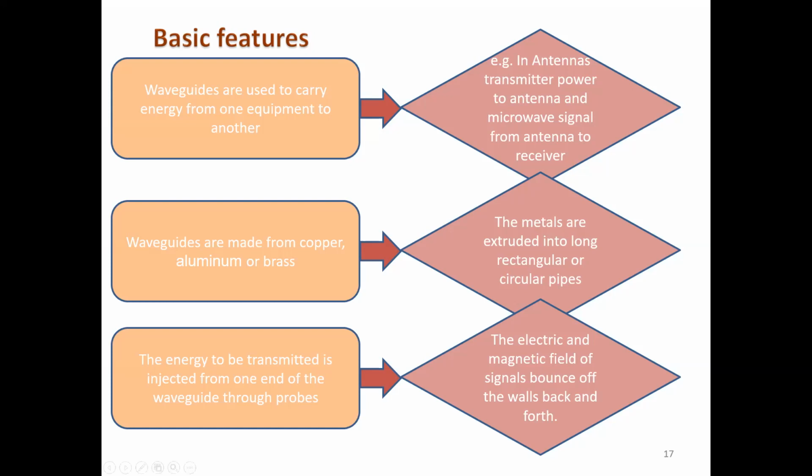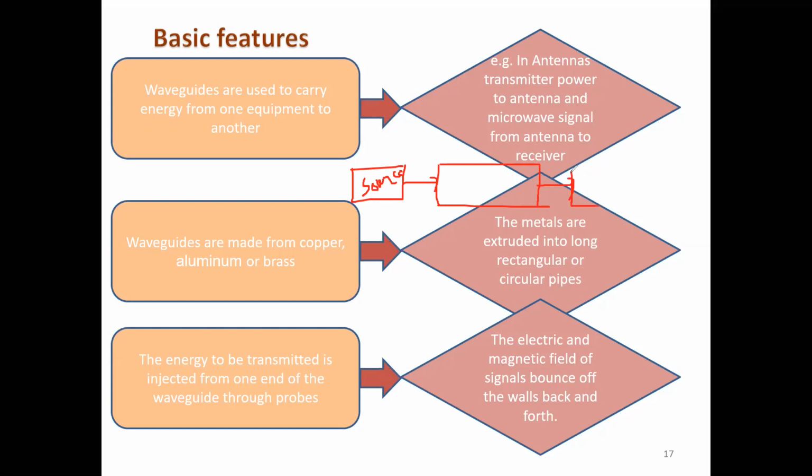Or let me show you one thing, since animation is possible. Say transmitter power to antenna. Okay, like say like this. We have the source. Then we have the waveguide. That is the antenna. That is the waveguide. So from source to antenna,